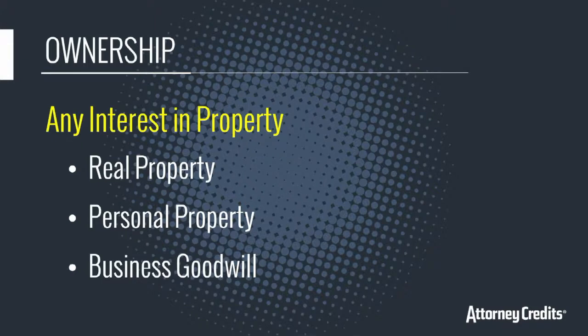Now, what kind of property am I talking about? Well, any type of property. Real property, which is your home, right? Personal property, which is your stuff. And even some cases say business goodwill. That's considered an interest in property. Now, we'll speak about this closer to the end of the CLE, but this raises ideas of subrogation, which is, I would say, even its own particular area in the context of inverse condemnation. This keeps coming up, and it's a very hot topic as well.